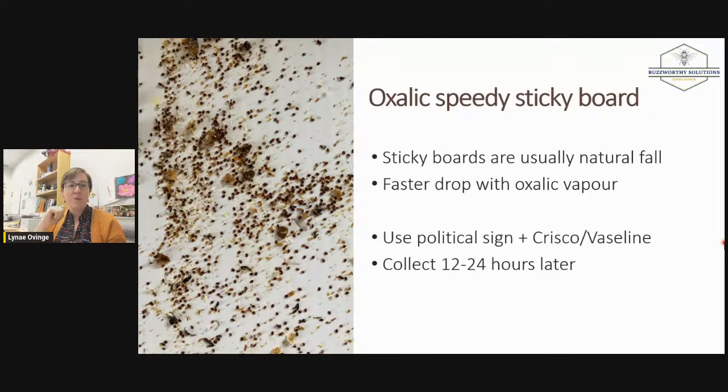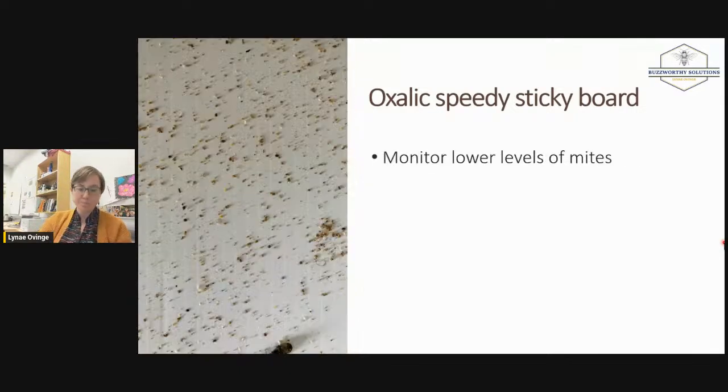And it's essentially, if you can think of it as a giant Varroa shake, if you're doing a Varroa shake on the whole hive, by blasting it with oxalic, you should get most of the mites that are on the bees. It allows you to know kind of all the mites that were on the bees in that hive at that point. Obviously, there's lots of mites in the brood, but it's a good monitoring tool and a very inventive one.